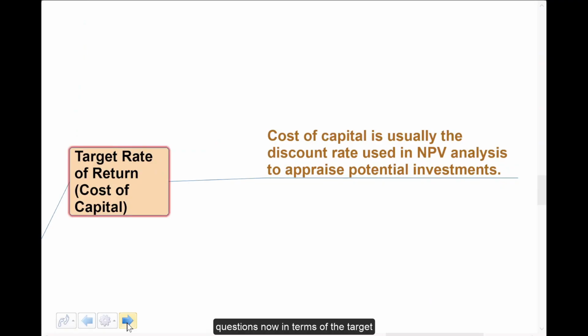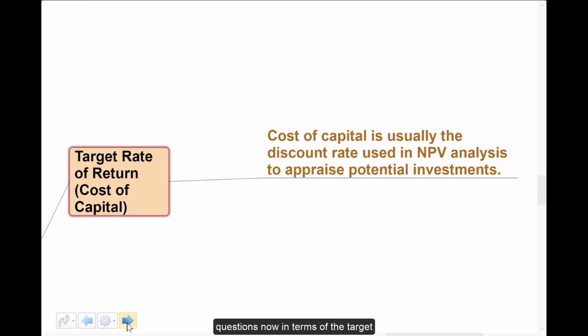Now, in terms of the calculation, you'll see from the study hub, the calculation is fairly straightforward. We move from a set of cash inflows and outflows, including, let's say, a setup cost, through a discount factor to a value. Do practice the questions, do practice the activities. As I've said, we can't avoid it. It's a little bit tricky here and there, depending upon the type of trick or trap, if you will, that the examiner brings in. Don't avoid the questions.